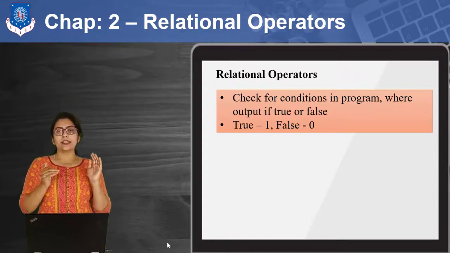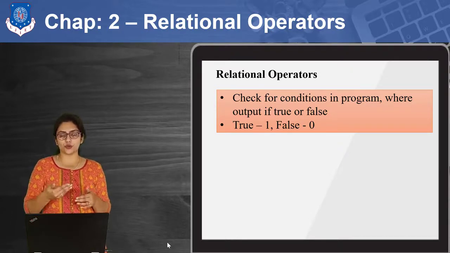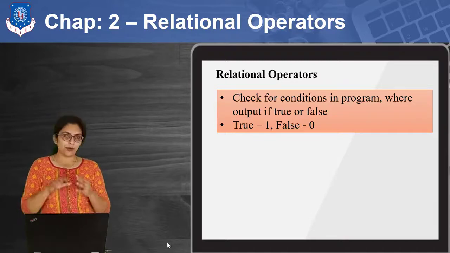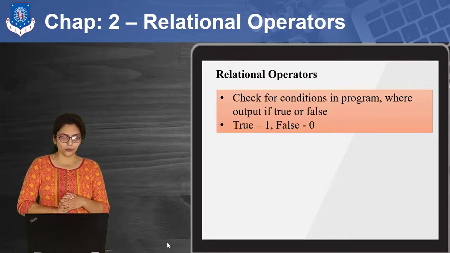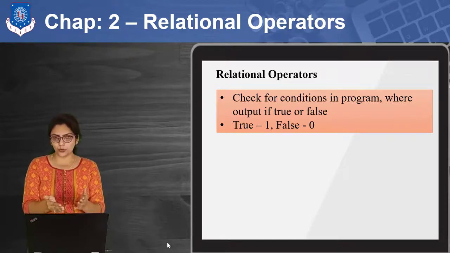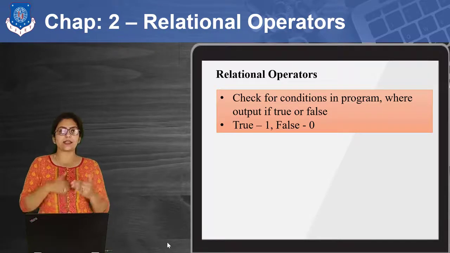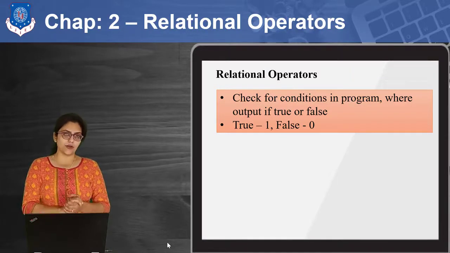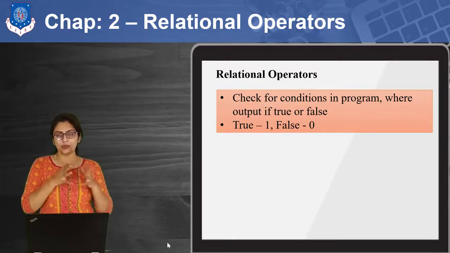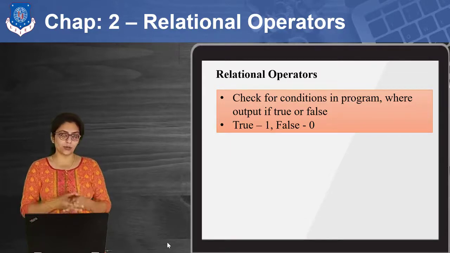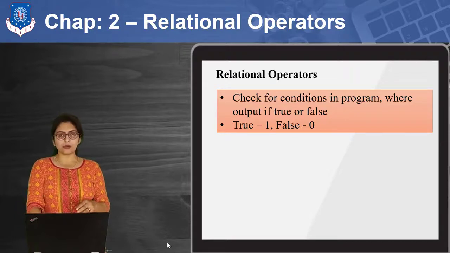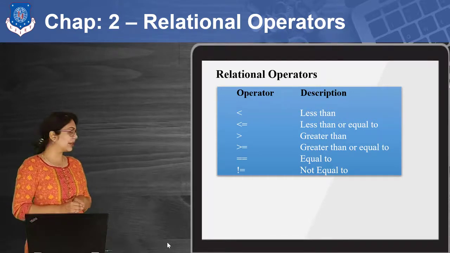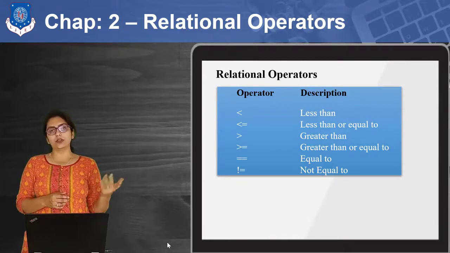But in the computer system, it is not considered as true or false. It will be considered as 0 or 1. In my program, I will show you what exactly the output will be. If your condition is true, that is what you are assuming is true, then your answer will be 1. And if it is false, then your answer will be 0. That is, true means 1 and false means 0 in your computer system. So that is about the relational operator. You can see the relational operators here: less than, less than or equal to, greater than, greater than or equal to, equal to and not equal to.